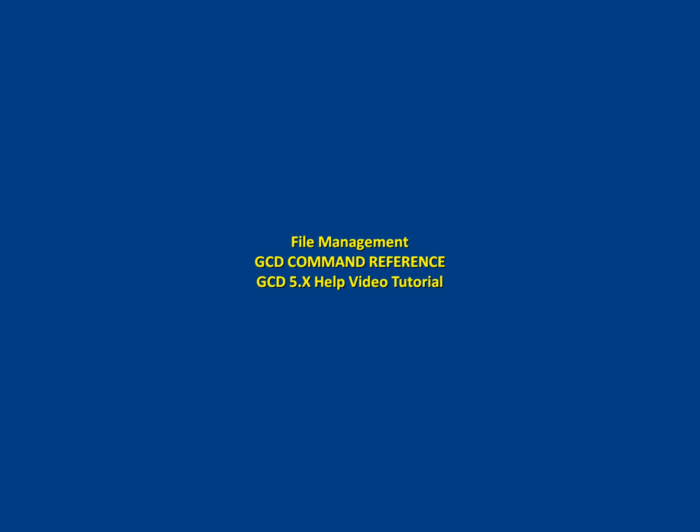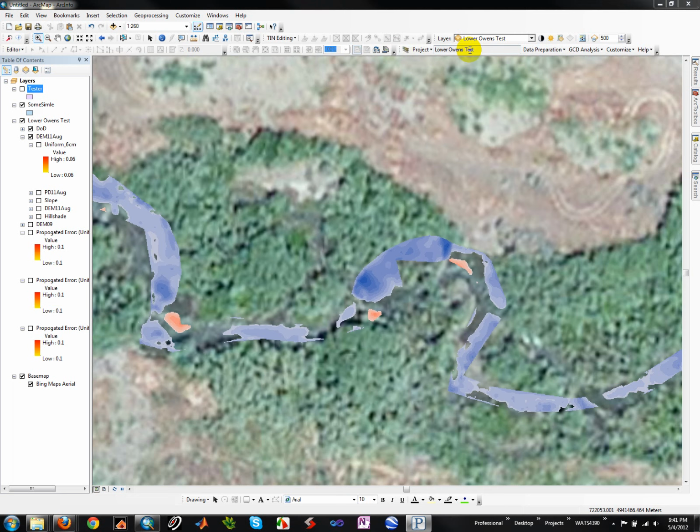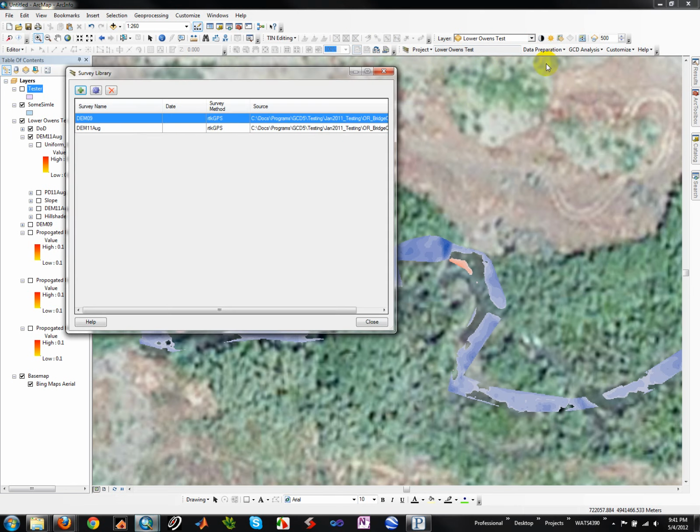I'm just going to go over the file management here in GCD 5. I'm inside of a project called Lower Owen's Test. It doesn't actually matter what project we're talking about. What I want to show you, though, is that this is a project that has a couple of surveys loaded